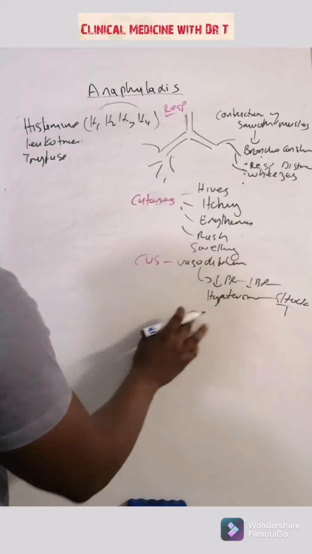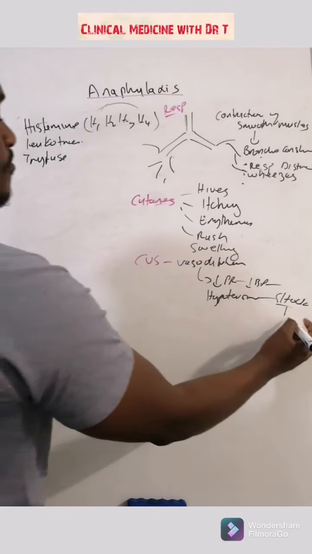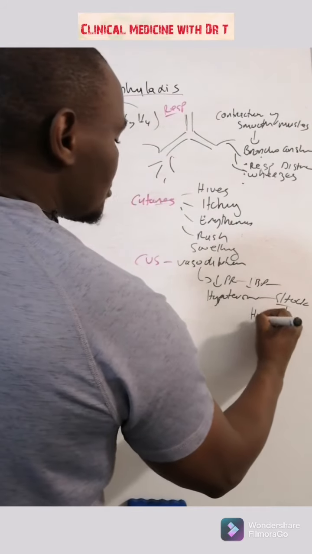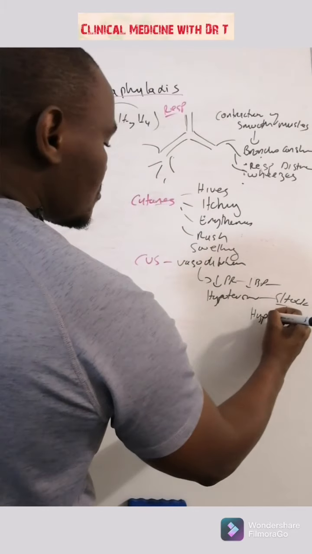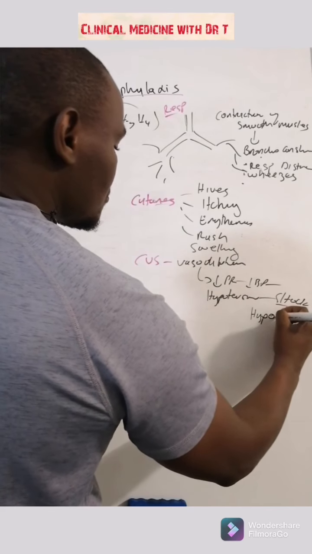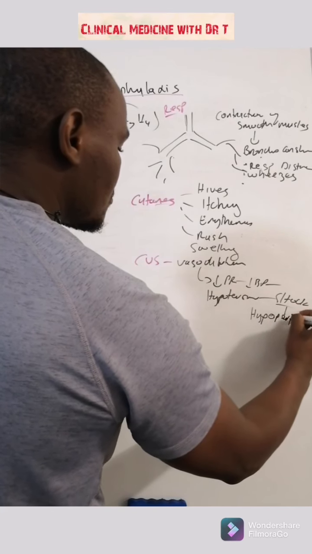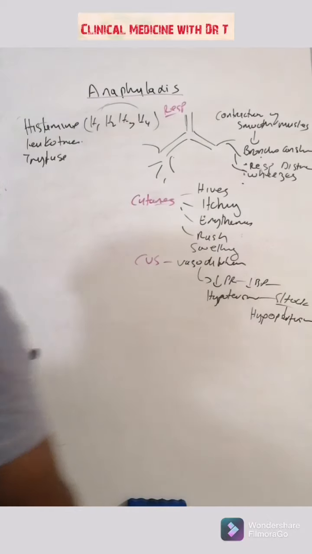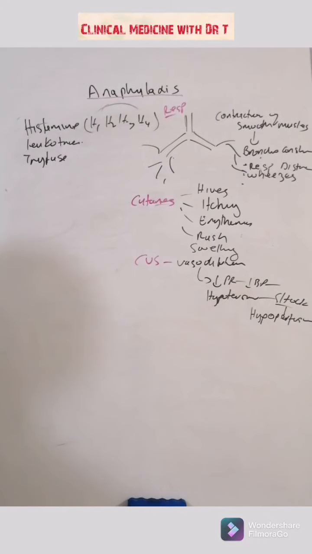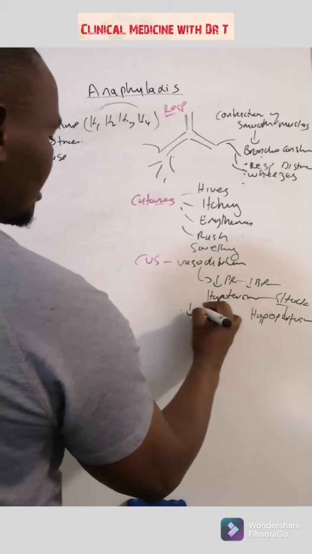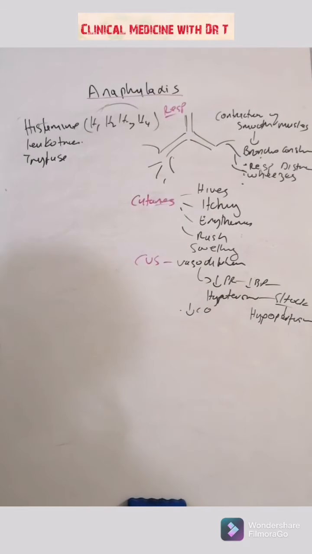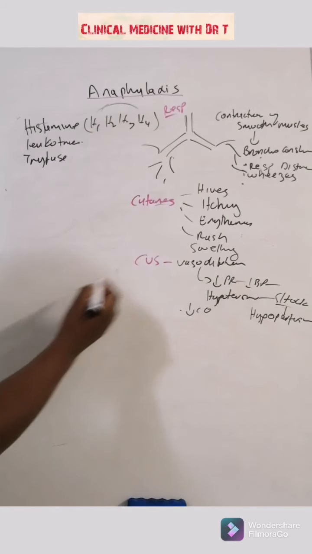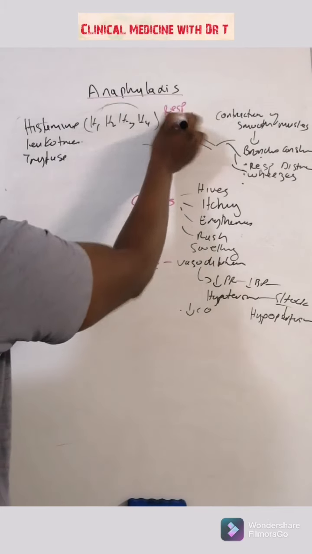Because what happens when you become hypotensive, you get hypoperfusion of your organs. You can even get organ failure. You get hypoperfusion of your vital organs. Yes, you're going to get reduced cardiac output, but the major is that massive vasodilation. It's so scary. That's your CVS. What other system is involved?